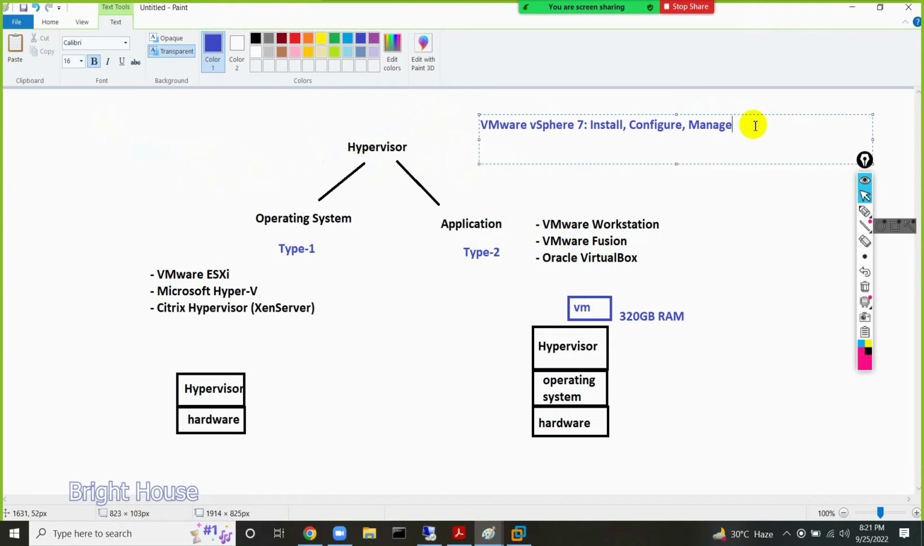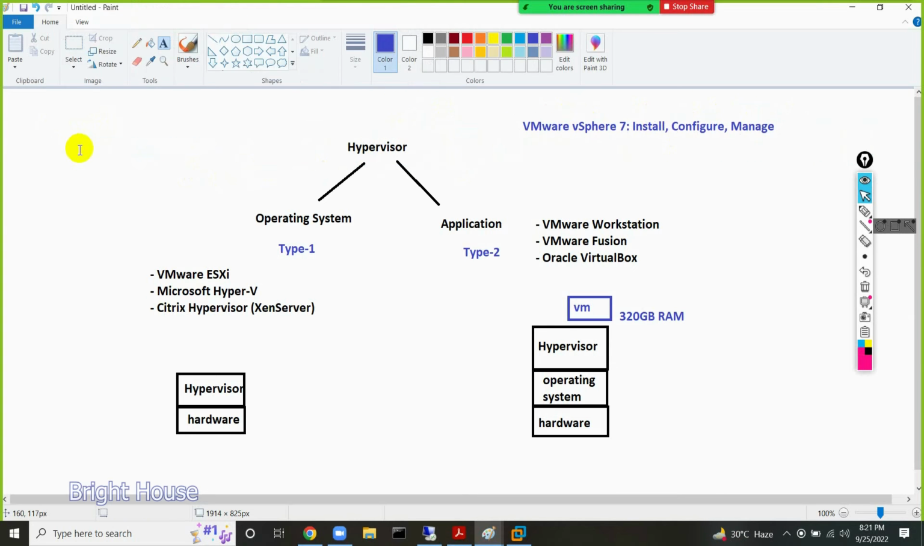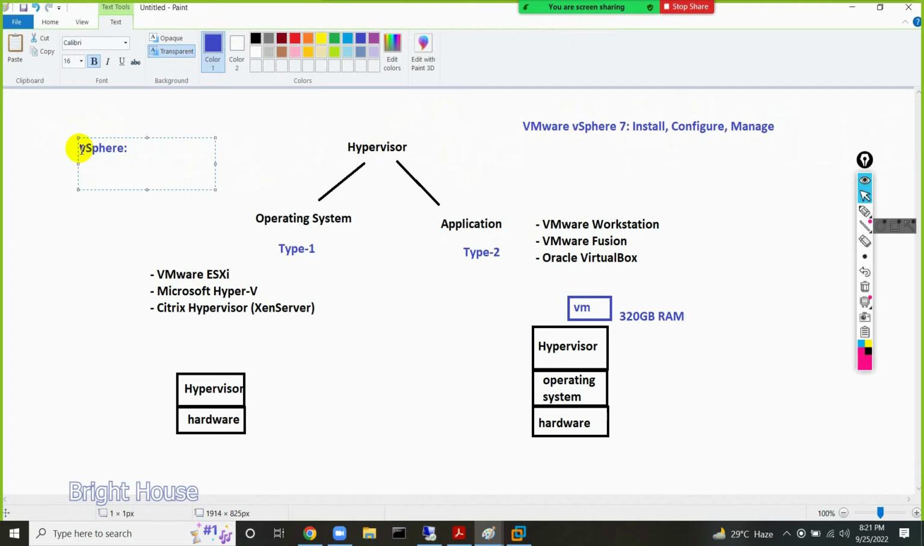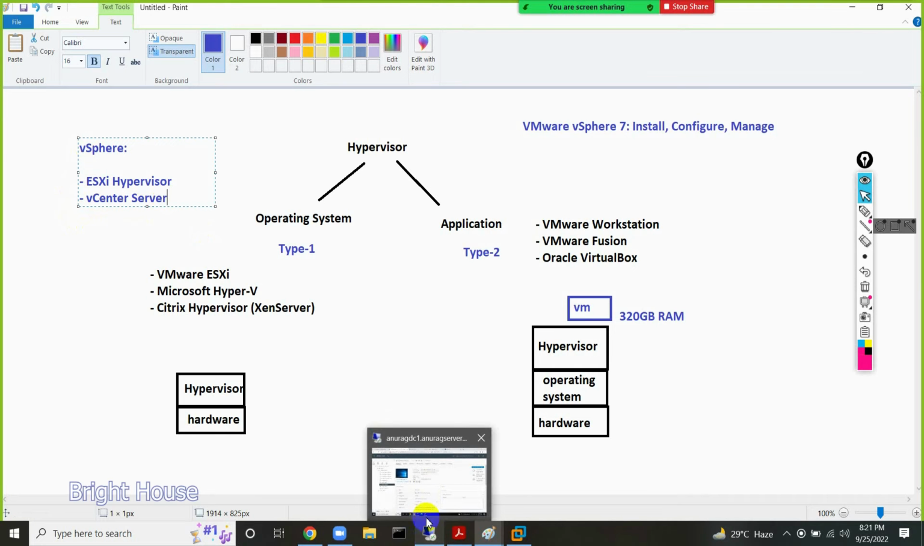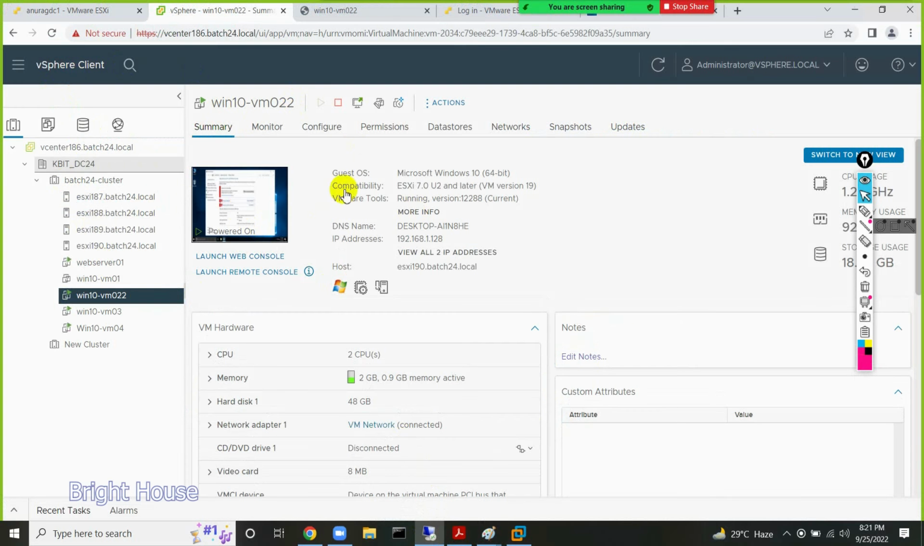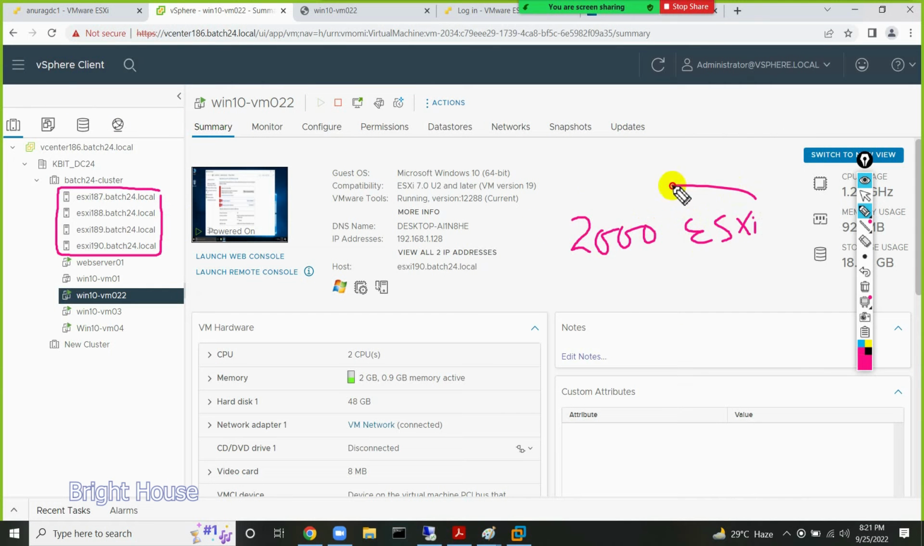In this training we learn VMware vSphere. So what is vSphere? vSphere is basically the combination of the ESXi hypervisor and vCenter Server. So we learn these two components here. vCenter is the management piece. Like you can see here, this interface is the vCenter Server view. I'm managing 4 hardwares from here. This vCenter Server can manage up to, I believe, 2000 ESXi hosts, 2000 hardware, by a single vCenter Server,